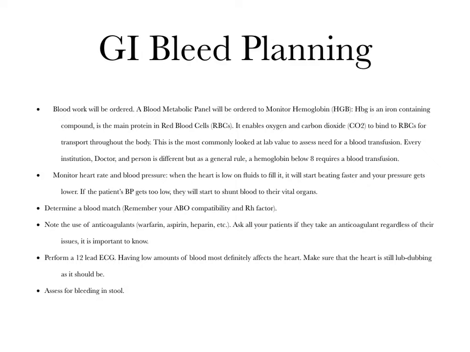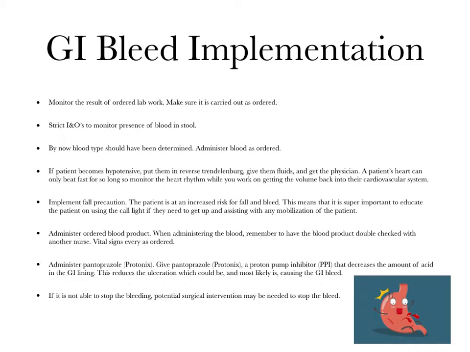You're going to want to perform a 12-lead EKG because blood levels affect cardiac output. Makes sense? Your heart is pumping blood. If there's less blood, it's going to affect your heart's ability to do its job. And you're going to continue to assess for bleeding in the stool, and if your patient is vomiting, that as well. Now, in order to implement this